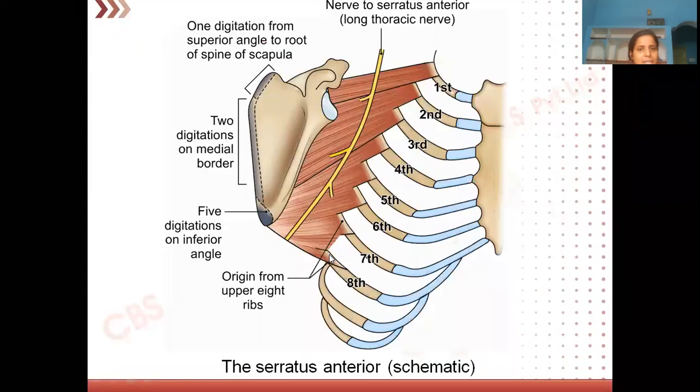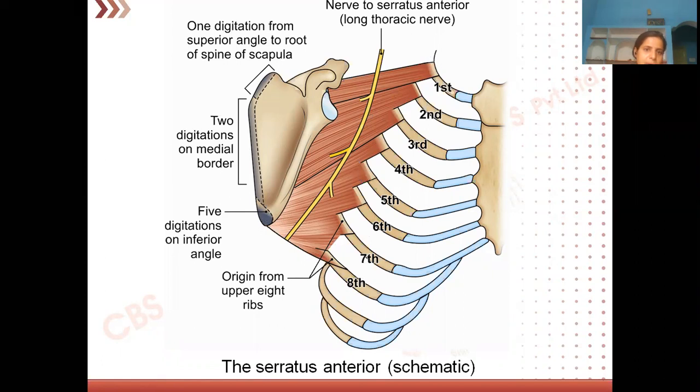Now let us see serratus anterior. Now see here, serratus anterior is actually not a muscle of the pectoral region, but because it is closely related to the pectoral region, it is discussed here. You can see the serratus anterior is taking its origin from the middle one-third of the shafts of the ribs. From which rib to which rib? First to 8th rib. When I was discussing the scapula bone, I also told you it has 8 digitations. Okay, and where is it getting inserted?